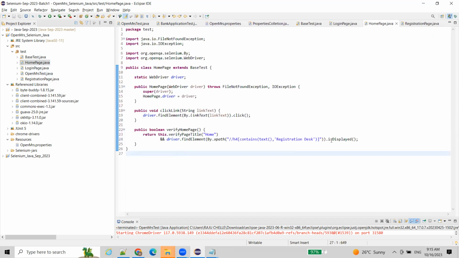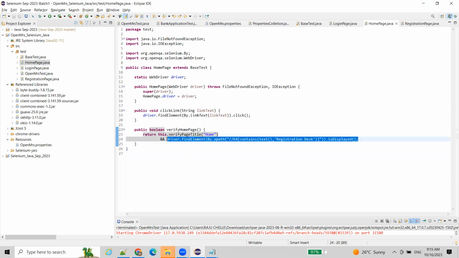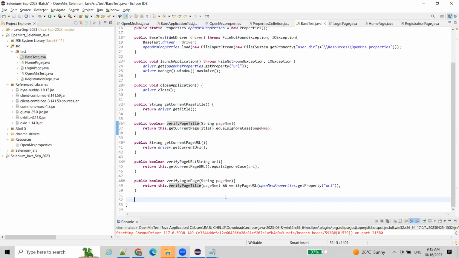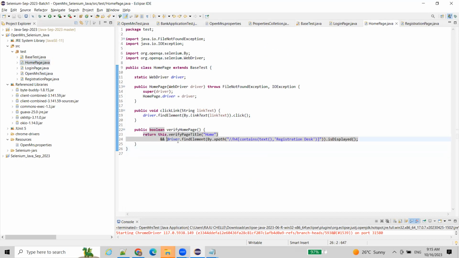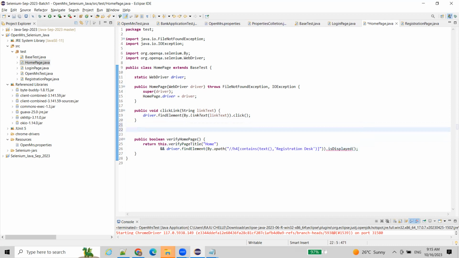And find element by XPath, registration desk is displayed or not. Okay, so here in the base test, did you create any method like that? No. Okay, now for this you will create a separate method. Cut it or Control Z. So here, if you want to get the element, the registration desk element, you can use the get method. But instead of it, here we can directly verify